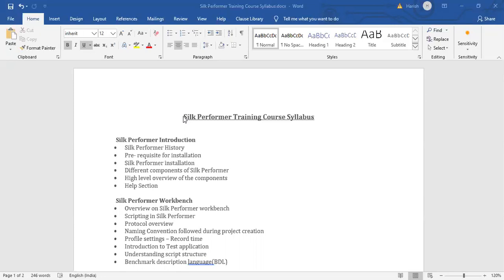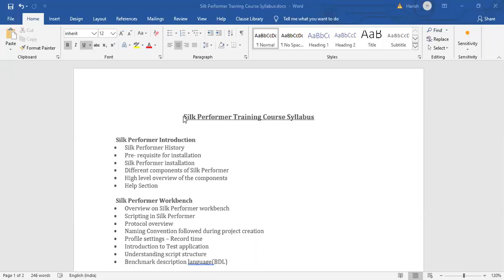The first question which might come into your mind would be, what is Silk Performer? Well, it's a licensed load and stress testing tool which is capable of performing various types of performance tests. It ensures that the performance testing team delivers a stable and scalable application.